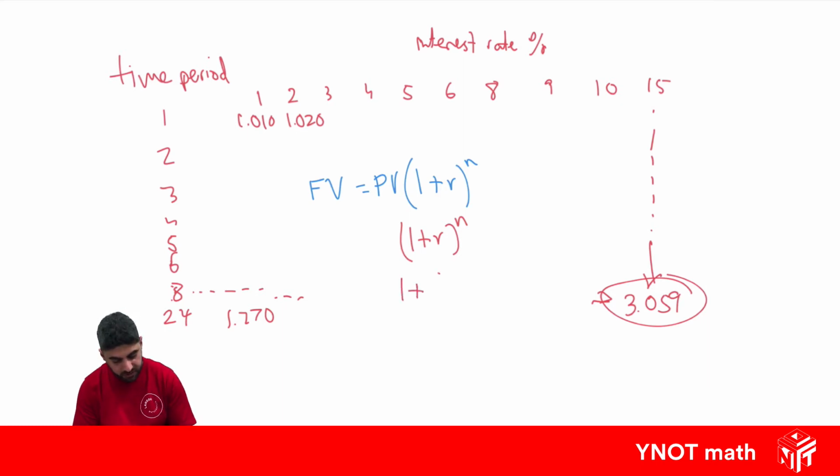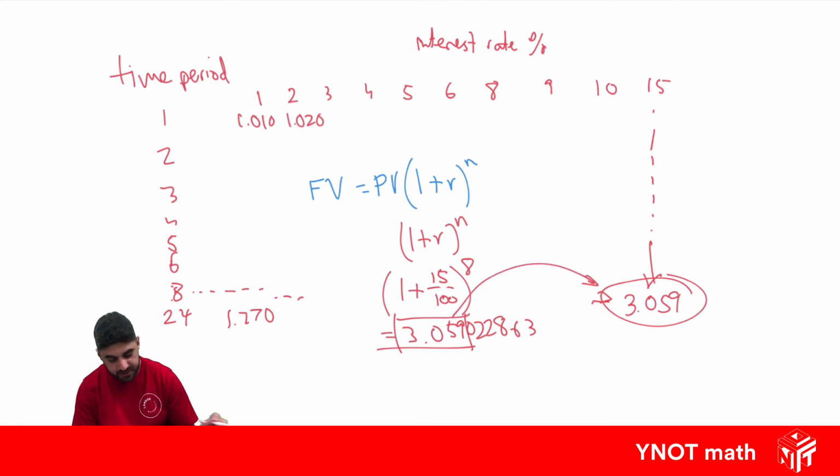So remember, our percent's got to be over 100, and our time period, sorry, our percent is actually 15, not 8, that's the time period. So that's 15, and our time period's 8. And putting that into the calculator, you're going to get 3.059022863. And if you can see, that is the value that was in the table lining up with 8 and 15. So the values in the table is just the 1 plus r to the n part of the formula,